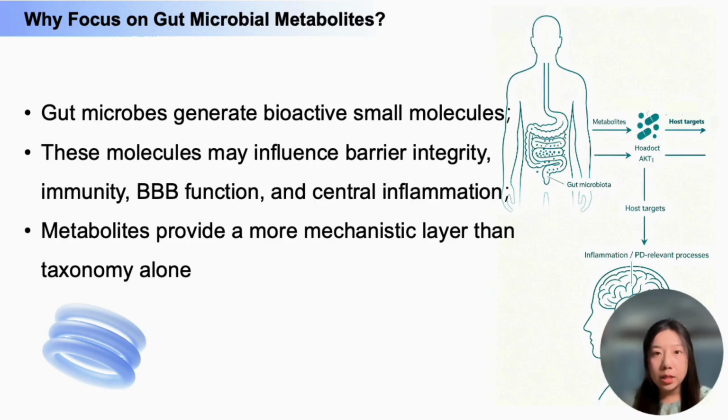Bacterial composition is useful information, but metabolites may give us a more direct mechanism. For example, a metabolite can be linked to a host target and then to a pathway. So, in this study, we focus on microbiome metabolites as possible molecular links between the gut microbiota and PD-related host